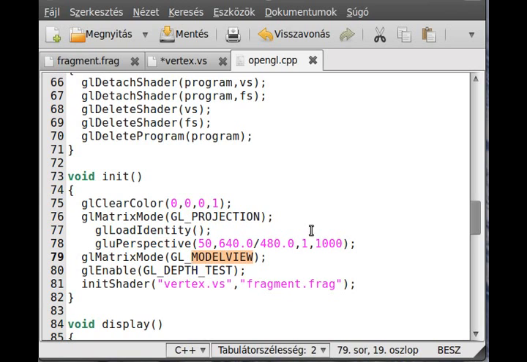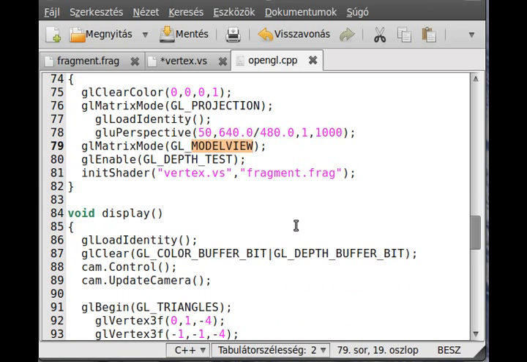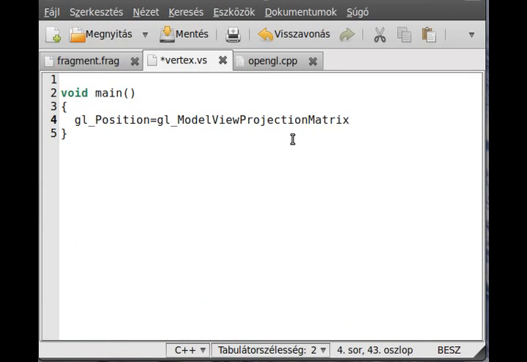So create that shape, and the model view matrix which contains the rotation, translation, and scaling. If you multiply the current vertex with this matrix, then you will get the new position, and this is a built-in variable. This should be produced by the vertex shader. I could pass just the GL vertex into here, and that would pretty much mean that we don't care about translation, rotation, and scaling, but we care about them, so I will do the multiplication